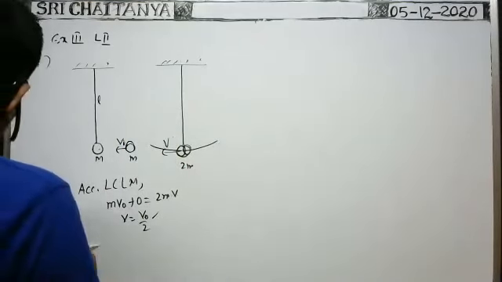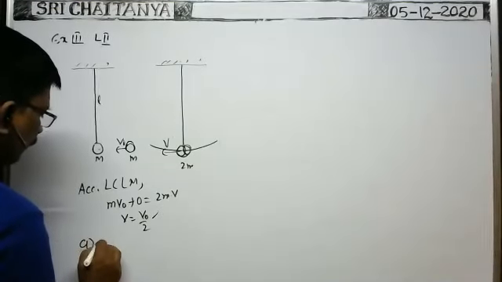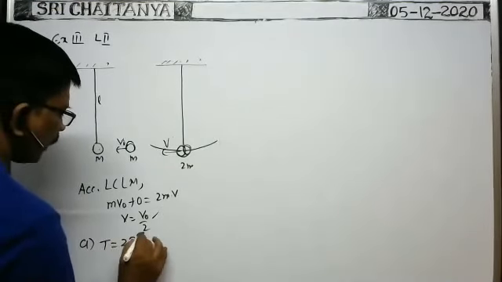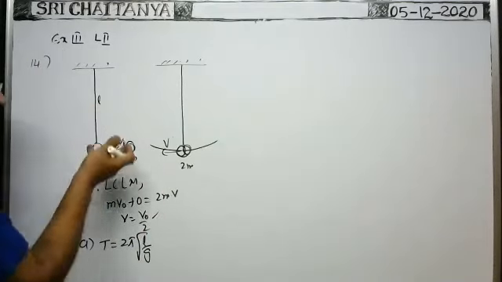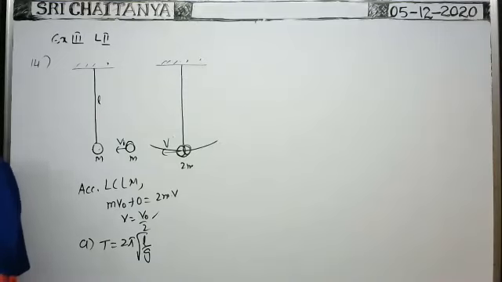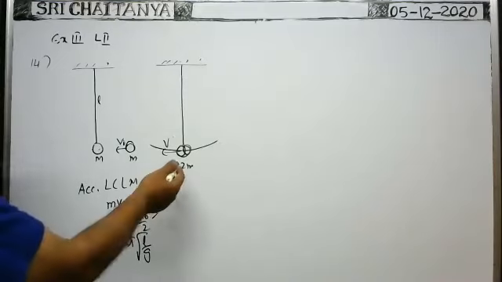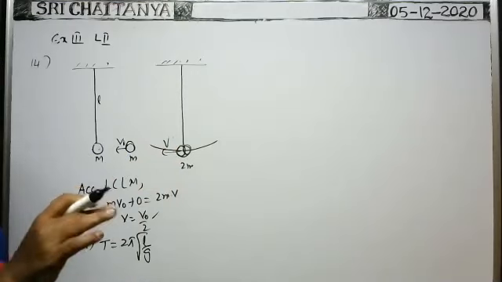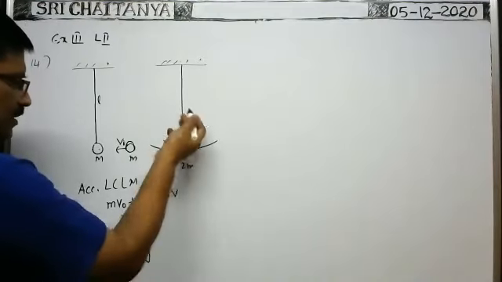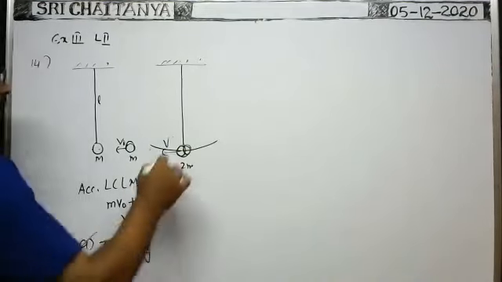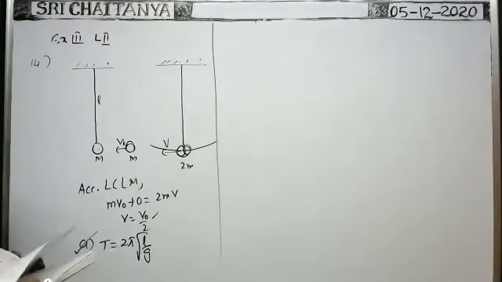So, first option, the time period of the pendulum now. The general formula for time period is 2 pi into root of L by g only. Whenever this sphere sticks to it, is there any change in the length of the pendulum? No, only the mass changes. But the time period of a simple pendulum does not depend on the mass. That's why the time period does not change, as the length does not change. So the time period of the system now is 2 pi root L by g, that is correct. So option 1 is correct.